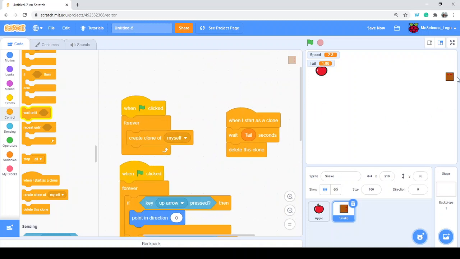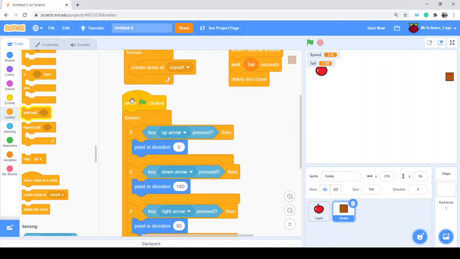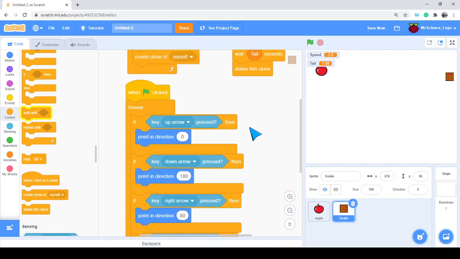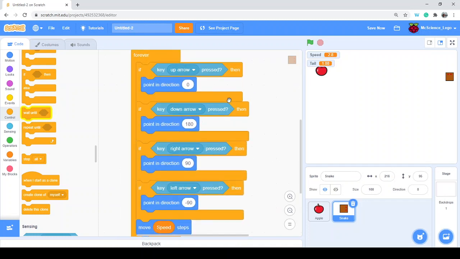create those little clones. So that is my tail. And then this one actually makes my tail go away, so it's not a really, really long tail. And then we've got this block of code here that will help me move around. So we've got our pointing in a certain direction, and then we're moving a certain speed. So now the last thing that I need to do is